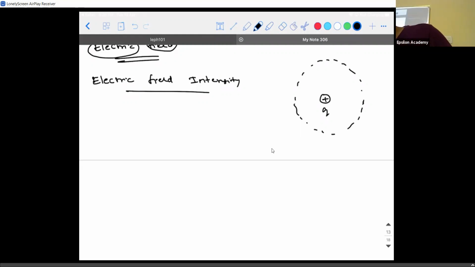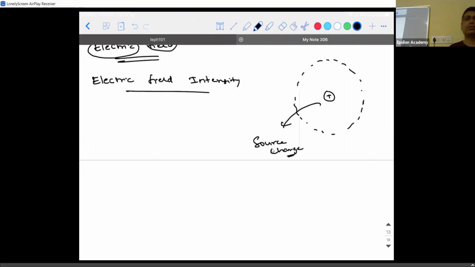Okay. Now, the charge which is generating the so-called electric field is what is called as the source charge, because this is the source for the electric field. Okay. So to find the strength of the source charge, what I need is another charge, right? So I'm doing a testing process to find out how much is the strength of this electric field. So I have a test charge, let's say it is outside like this. If I have a test charge like this, then what do you think will happen to this test charge now? The name of this charge is test charge because you are using it to find the strength of the electric field due to the source charge.